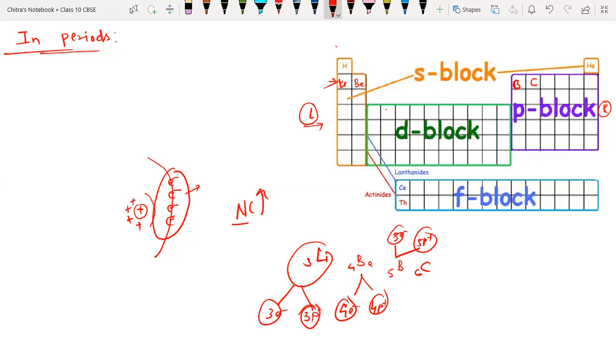Sir, I have a doubt. When we go down the group, the atomic radius increases, due to new shells being added all the time. So when atomic radius increases, the atom size also increases. Does the size of the atom describe anything about the texture of the element? Yes, we will understand that in the next trend. Like in metallic character, we decide the character and properties of an element. We will discuss that one by one.